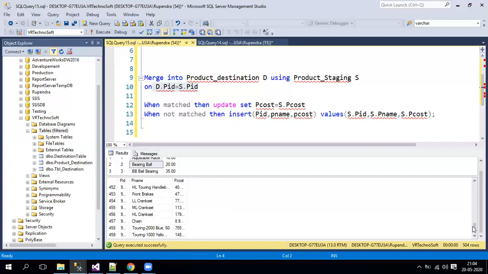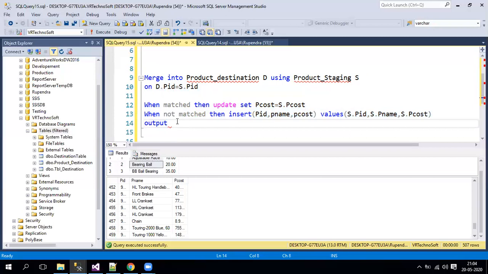So in this case, what exactly can we do? When you perform this merge statement, for example, now 3 rows are updated, right? Now I just want to know what has been updated. By using the magic tables in SQL Server, we can identify those. So simply remove your semicolon. Now I'll use one property here, that is OUTPUT, which means whatever is getting executed, the output result set, I'm taking out by using the OUTPUT keyword.